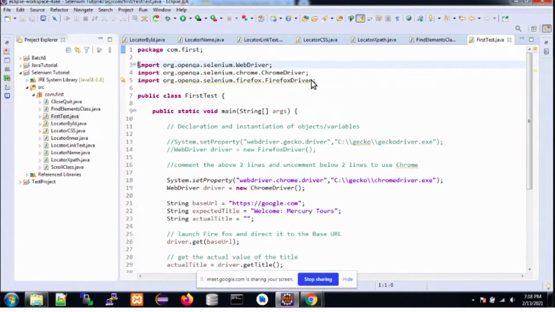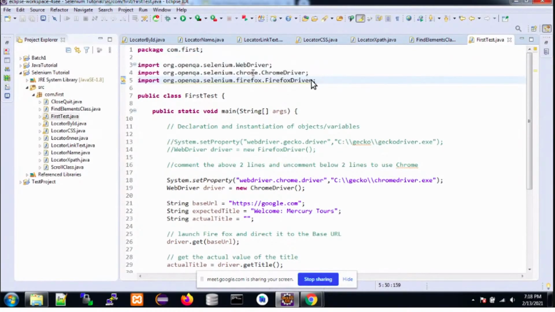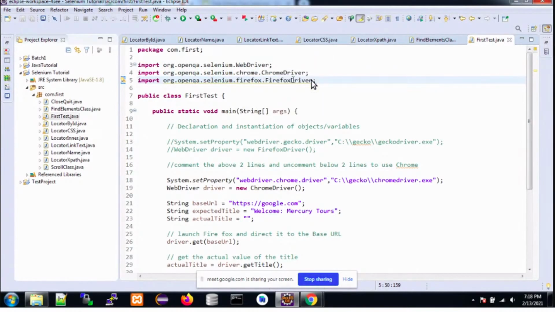We have discussed why we have imported these dependencies, that is Selenium WebDriver. What is the role of this Chrome driver? What is the role of Firefox driver? And we have already discussed that we can run test cases with Chrome as well as Firefox.